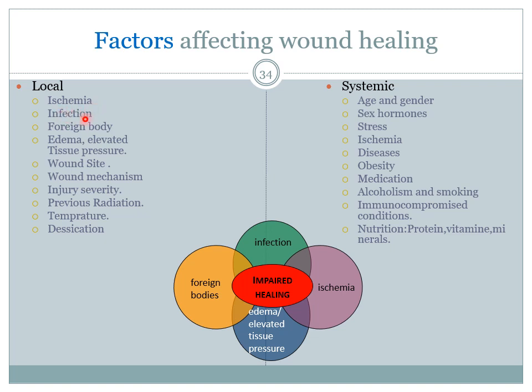Infection slows the wound healing process, because fighting the infection at the wound site will take a lot of the energy of the cells in the area, therefore wound healing will be delayed. Presence of a foreign body will cause inflammation, and the inflammation will consume the energy of the cells in the wound area and slow the wound healing process. Edema